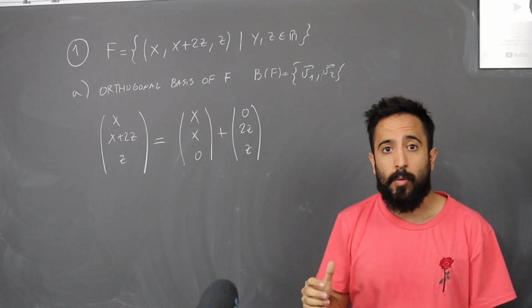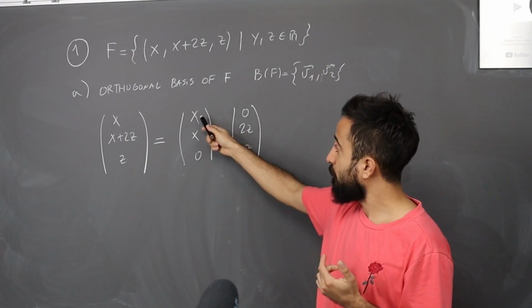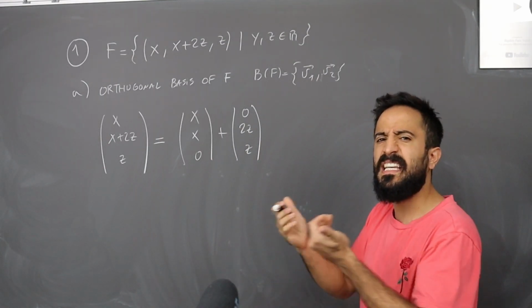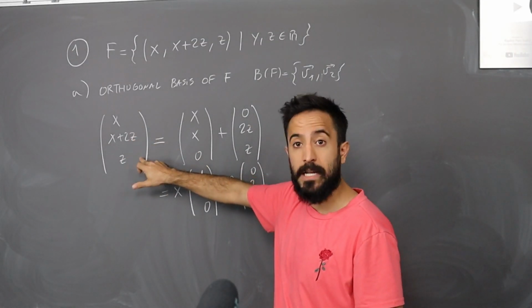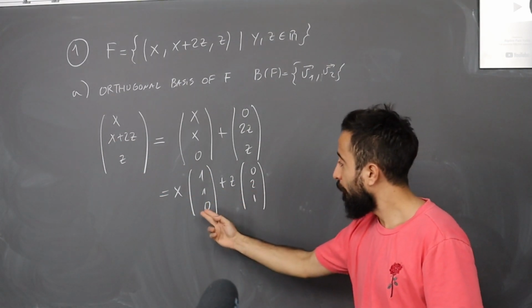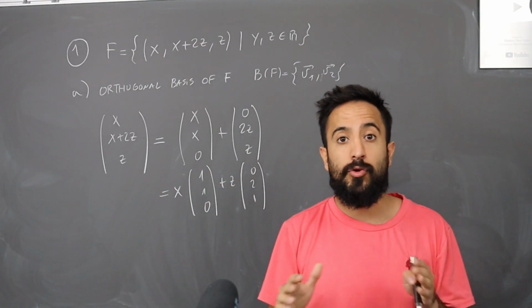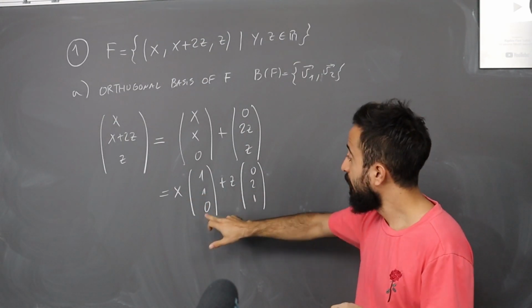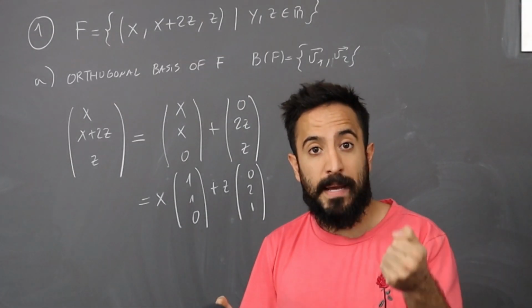So, in the next step, what we're going to do is to extract the common factor. So, in this vector, we want to extract x, and in this vector, we want to extract zeta. So, we take the scalar out of the vector. What this is saying to us is that in order to get any vector of the subspace f, what we have to do is to take the linear combination of these 2 vectors, right? Let us remember that x and zeta are 2 parameters, right? So we can plug in any value in these parameters, right? So these 2 vectors are in fact the vectors that we're looking for. These 2 vectors make a basis of f.